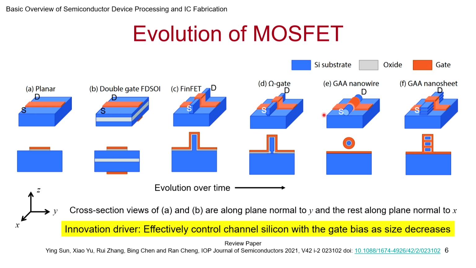So this is how it is looking. But if you take the cross section view, which is what we want to look at, for the diagrams A and B, actually the cross section is in the plane normal to y. So in this direction is how the cross section is taken. For the other ones, the cross section is shown perpendicular to the x direction. So if you look at it, this is the classic planar transistor. You have a gate with a gate oxide underneath, gate poly and gate oxide, and this is silicon. You have source and drain on 2 sides. You controlled it.